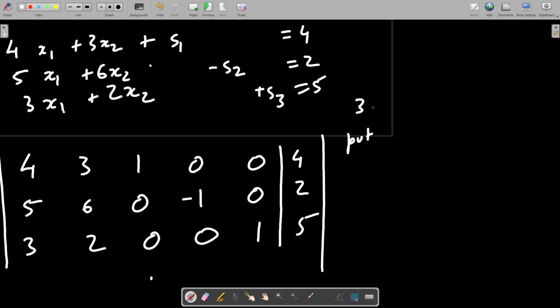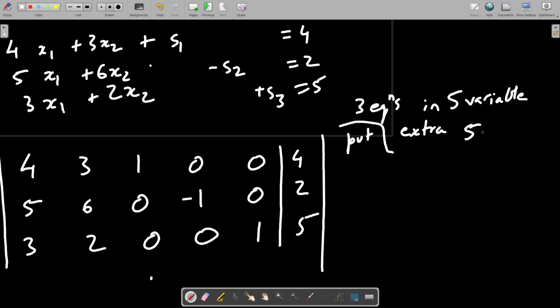So extra variables are 5 minus 3, that's equal to 2. So 2 variables I have to put to 0.